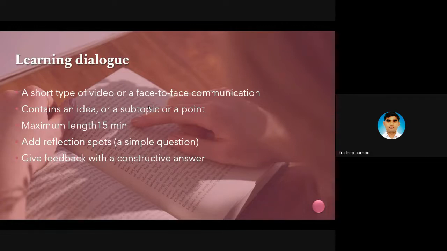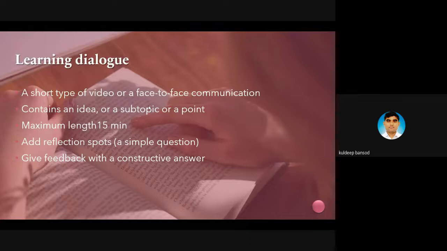It can be an audio or a video, which is used for face-to-face communication or synchronous or asynchronous communication. It only contains an idea or a subtopic or a point. So you have to formulate a video of a maximum length of 15 minutes, because research has shown that the maximum retention time of a student is 15 minutes.